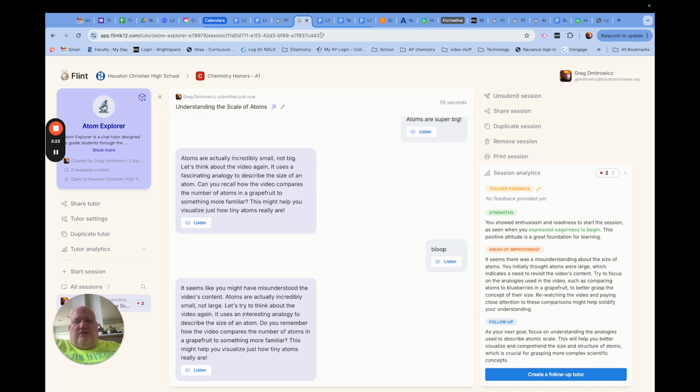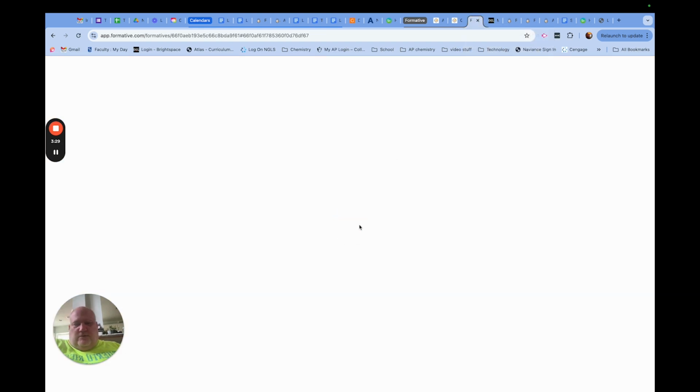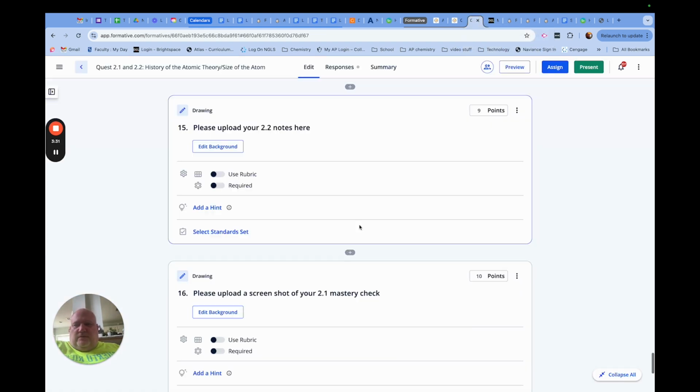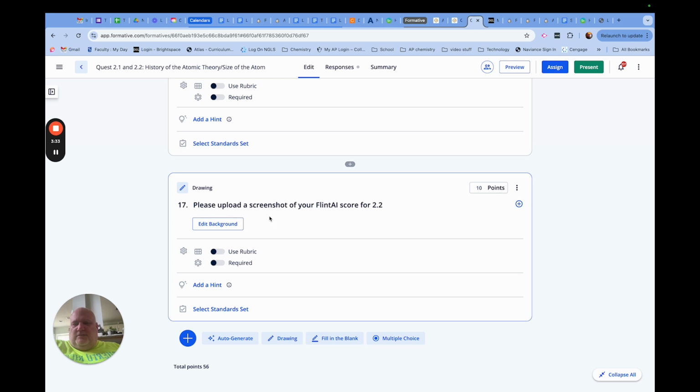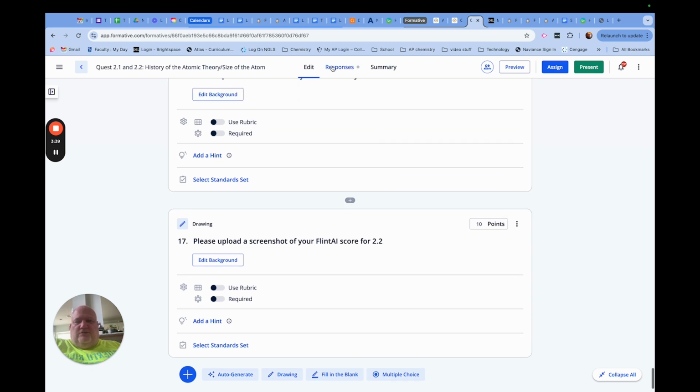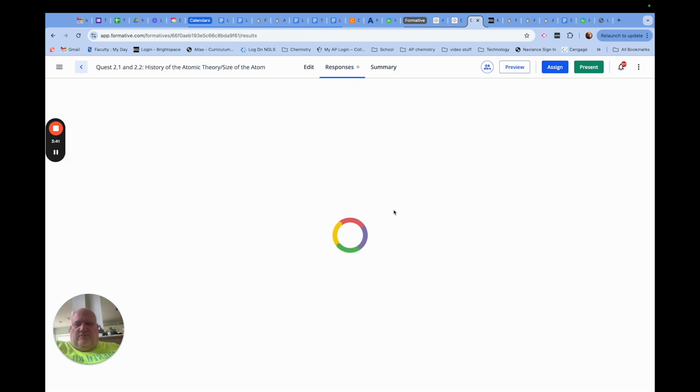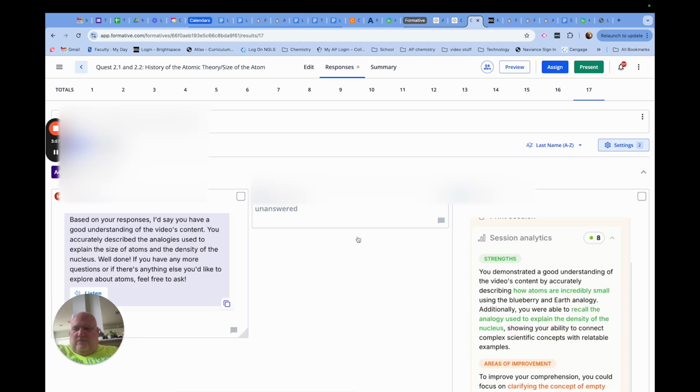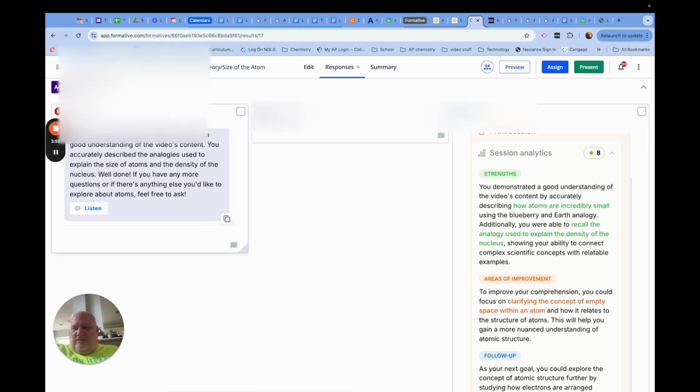In Formative, we're going to have a space where you can put that in. I'm not going to go to it right now, but actually I will, why not? You can scroll down to the bottom. It's going to say, please upload a screenshot of your Flint AI score for 2.2. So I need to see the entirety of the screen. I'll show you a couple of the responses I had from previous kids. If you just show me this, and we take a look at this right here on the side,